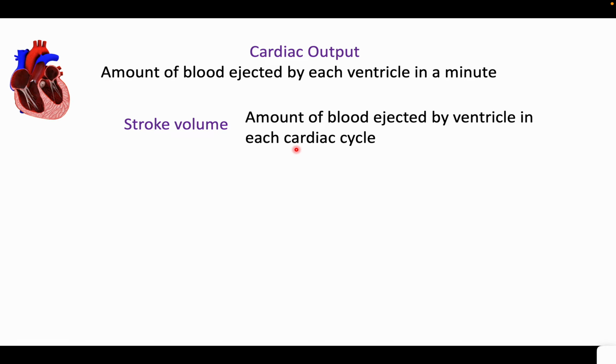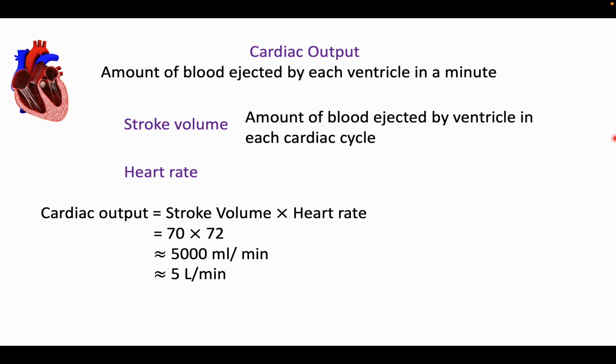The number of cardiac cycles in a minute is the same as our heart rate. So the cardiac output is equal to stroke volume times heart rate. Normal stroke volume is around 70 ml, and if we take the heart rate as 72 beats per minute, the cardiac output will be around 5000 ml per minute, which is 5 liters per minute. So the normal value of cardiac output at rest in an adult is around 5 to 6 liters per minute,